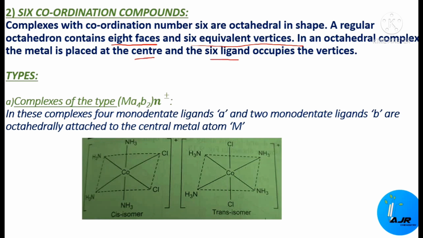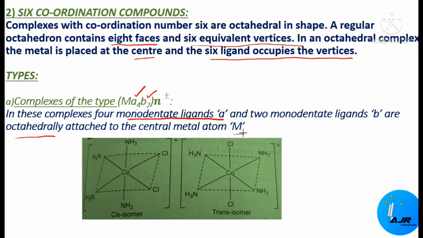Okay, and 6 ligands occupy the vertices. So the 6 ligands will be placed in the vertices. Here also we have certain types. The first one is the complexes of the type MA4B2 n+/-. In these complexes, 4 monodentate ligands A and 2 monodentate ligands B are octahedrally attached to the central metal